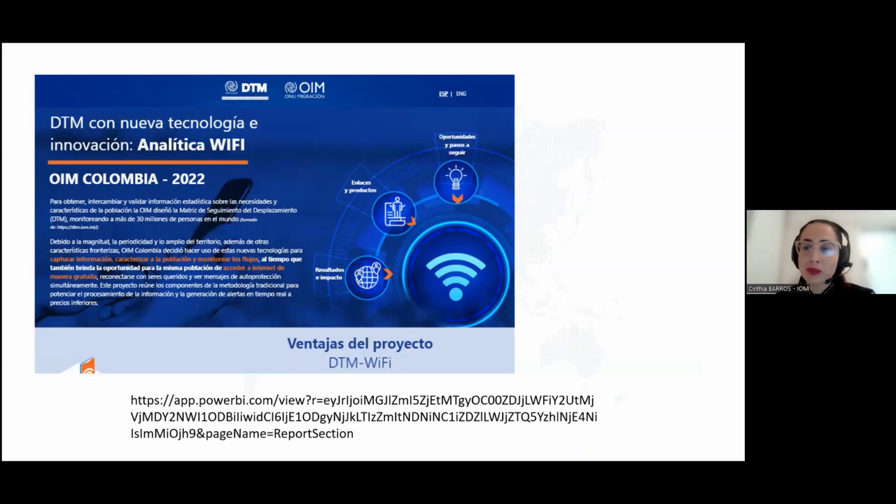They distribute free Wi-Fi to migrants at all borders of Colombia, on the border with Venezuela, Peru, Ecuador. At all borders, they distribute free Wi-Fi, and for Venezuelans or other people to access the Wi-Fi, they need